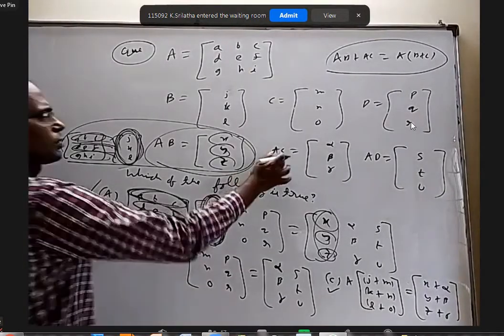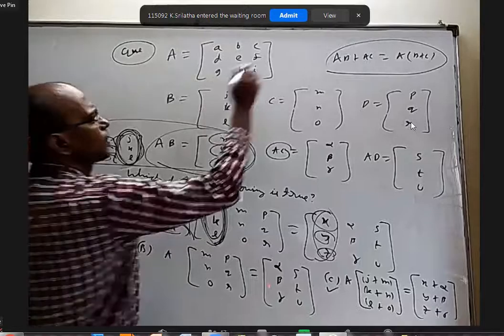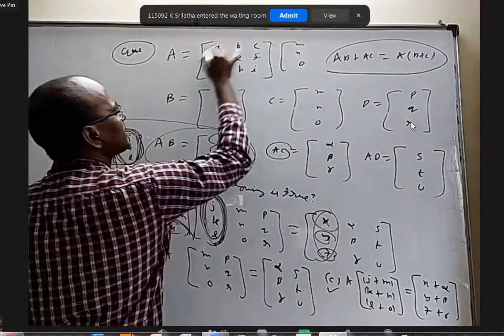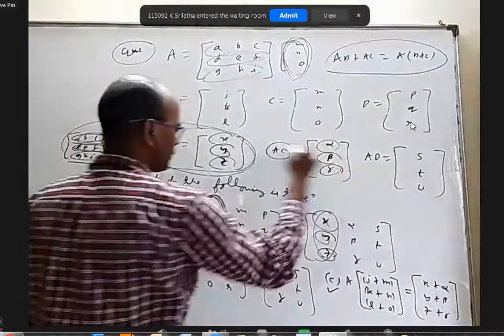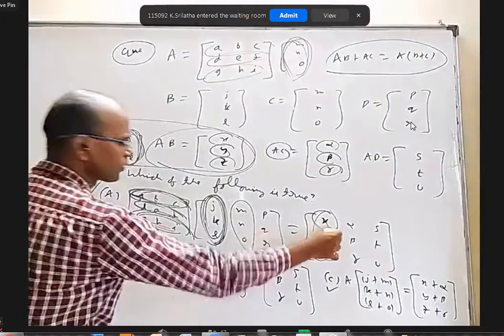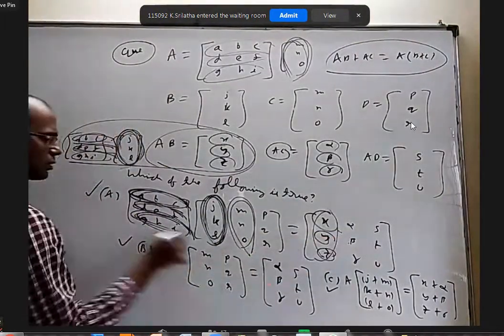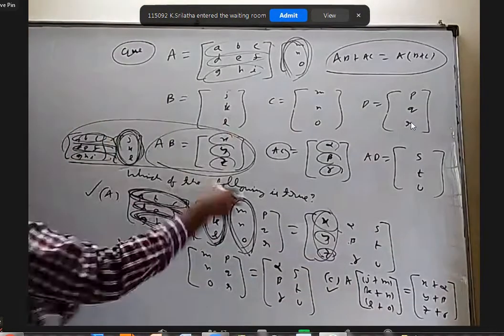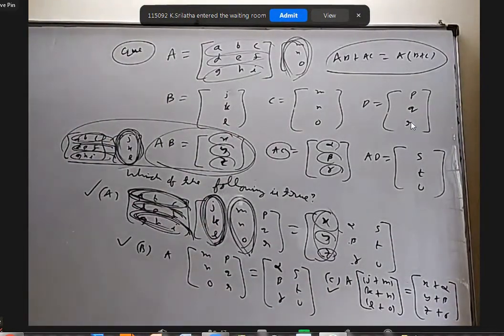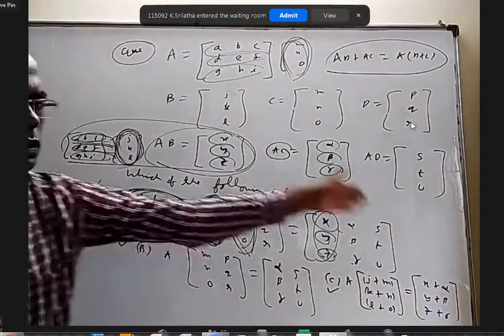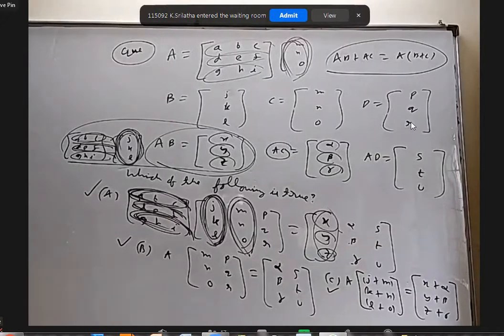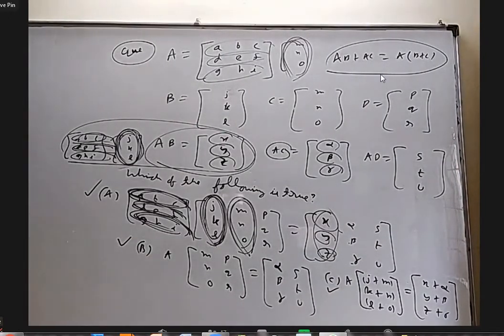Okay, sir. Now coming to this, let us take AC. This you have to multiply with MNO. This into this is alpha. This into this is beta. This into this is gamma. Similarly, if you take this into the second row, alpha, this into the second row, beta, this into the third row, second row, gamma. That is exactly those things. Is it okay, Kasi? Okay, sir. Similarly, these three rows into the third column give the corresponding answers. All right, so I'm erasing all this.